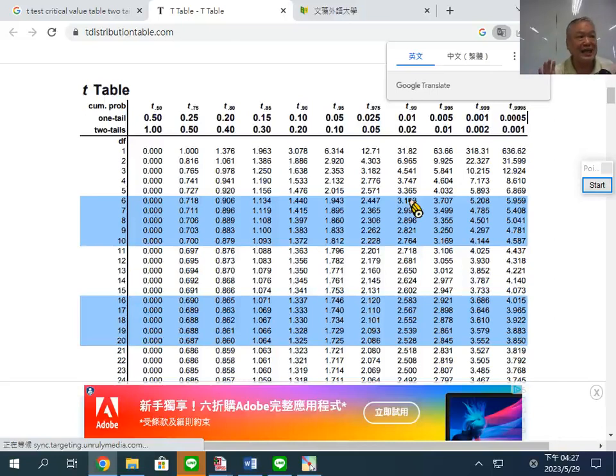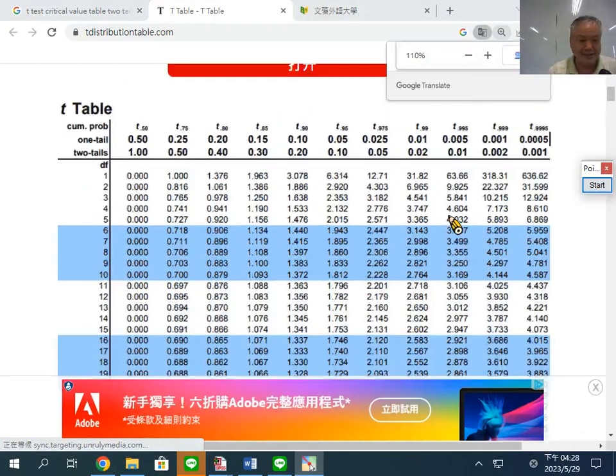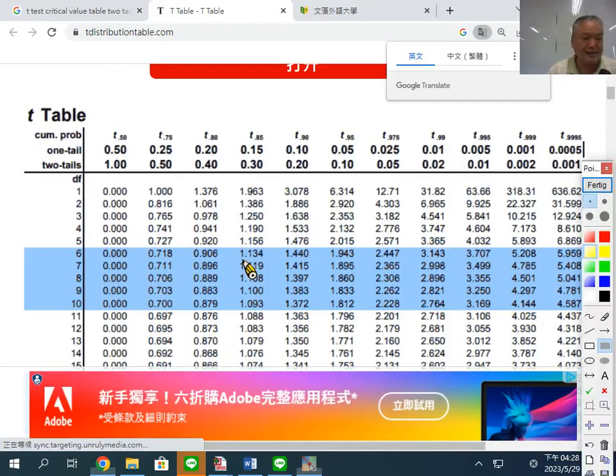There are always tables there for you to determine the probability of it happening. For example, how can we read this one? Well, let me enlarge it. This means if the degree of freedom is 10, we always need to have two numbers, right? One is the degree of freedom. If this is 10,